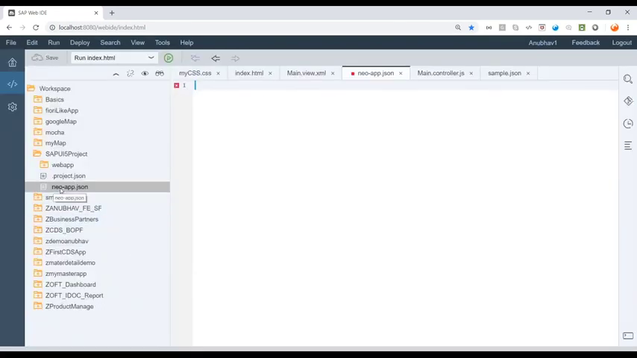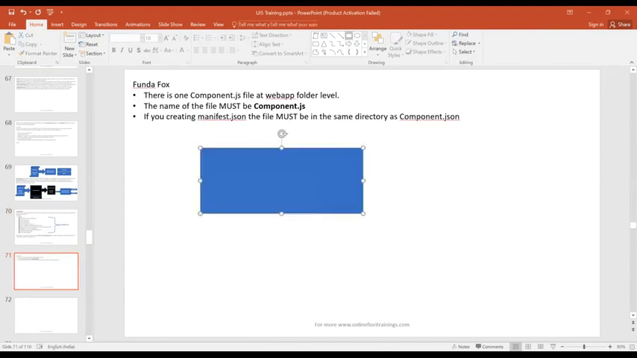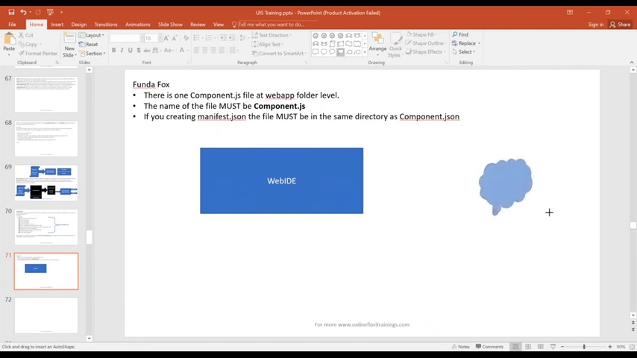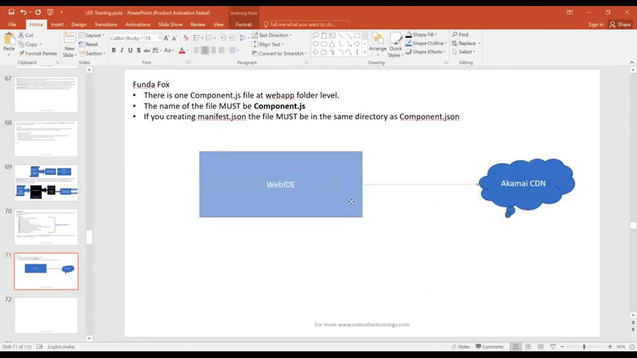What this file does is create a relationship of your Web IDE with external third parties. Currently, whenever we create a project, in the project we mention the path of the UI5 framework from CDN, the content delivery network. We are saying there is a CDN of UI5, Akamai CDN, and we say sapui5.hana.ondemand.com, please load the UI5 framework from here, which demands